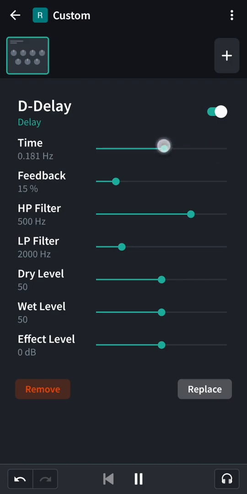The next control, feedback, controls how many repeats or echoes happen. The lower the value, the less repeats, and vice versa. We're going to skip HP and LP filter for just a second to take a look at the last three